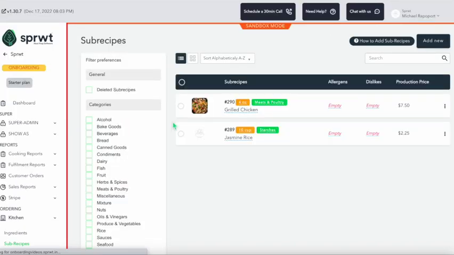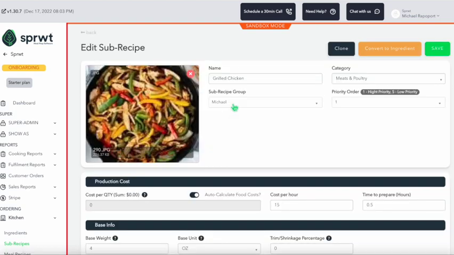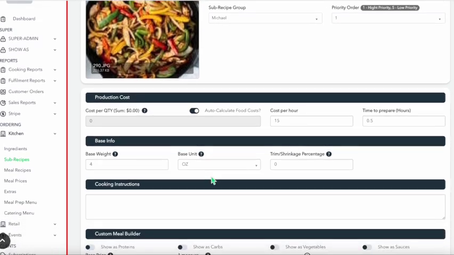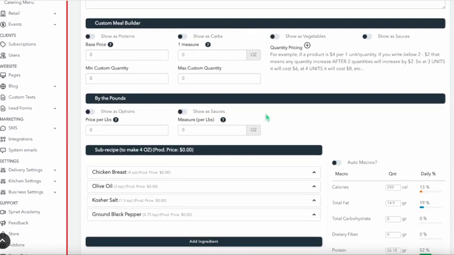We're now going to return back to sub-recipes and go over how to create a by the pound or custom meal builder option. So we're first going to start with by the pound. So let's start with grilled chicken. If this is an option that you offer by the pound, you're going to scroll down to the by the